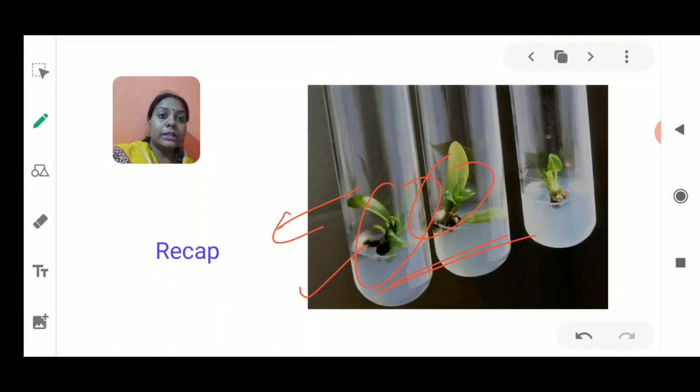So this was only done in grafting, whereas the advanced technique, that is tissue culture, which is being shown here, is the most advanced technique, which is responsible for the growth of the plants in test tubes. Okay, once they are grown in the test tubes, then what happens?